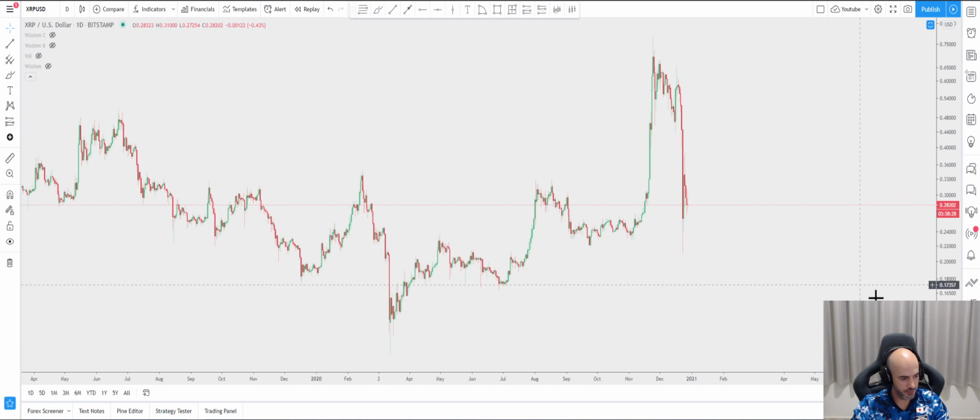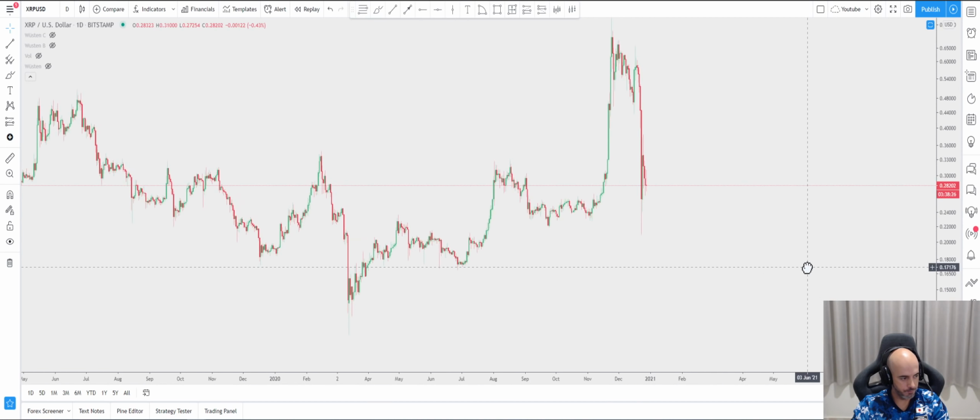So the first thing we are going to take a look at here is the previous structure and the range of the bull break, and then we are going to talk about the sell-off based on events and news behavior, and we are going to take a better look at it.